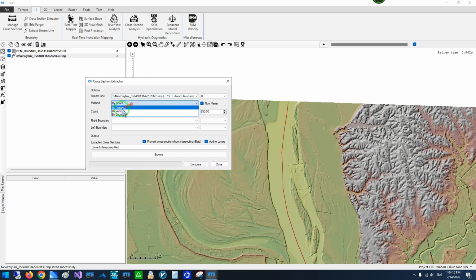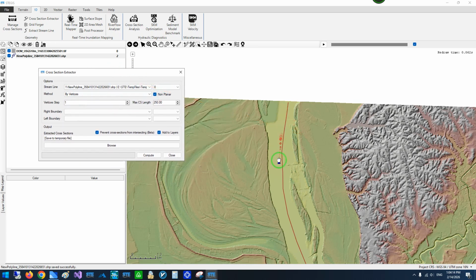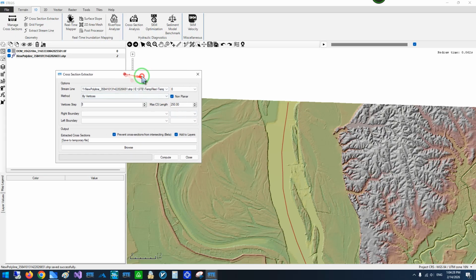So I select by vertices here because the vertices are spaced just fine along this river. What I have to choose next is max cross section length, which determines how long a cross section should be in your project. By default it is 250 meters. I change it to 2,500 meters,